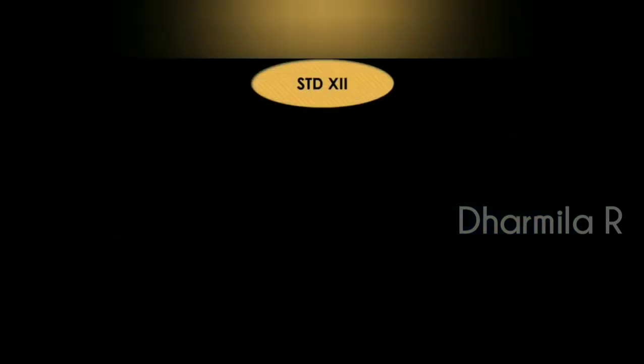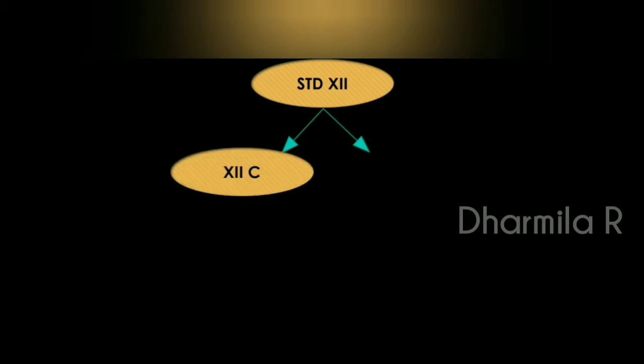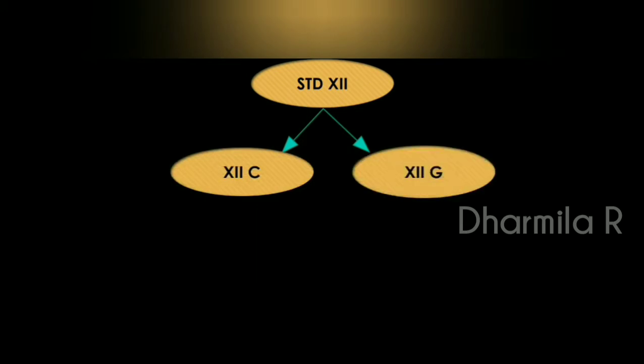For example, let us frame hierarchical database model for collecting student details. Consider standard 12. So we can collect the data from all the students of standard 12 and we can maintain a table. But it is difficult because all the students are not in same group. Their subjects are different. So based on the subject, we can create different tables. So here I split this table into two different parts and I create a table for plus 2 commerce group and plus 2 general group. There are so many different groups, you can create as much you like.